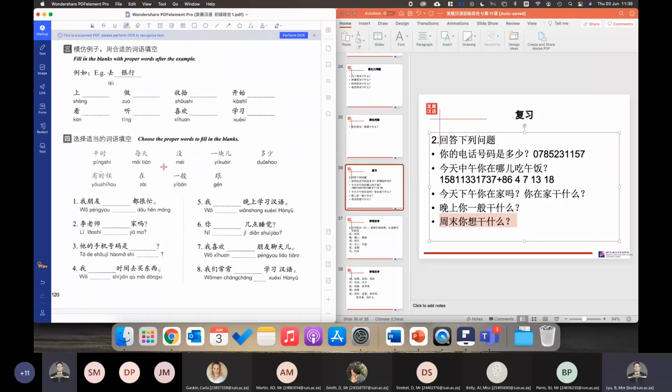Answer. 有时候 means sometimes. 在, we don't need to discuss that. 一般 means usually, generally. 跟 means with. Number 1, 我朋友什么都很忙。